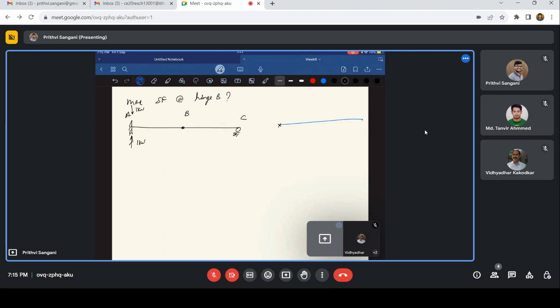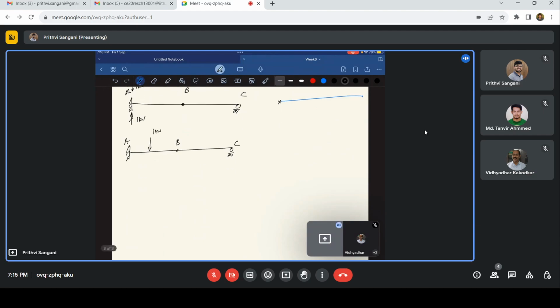So again, we'll have the same beam. This is A, this is B, and this is C. This time, let us have a unit load acting in the span AB. So what happens when it is in AB? What happens in that case is, we have